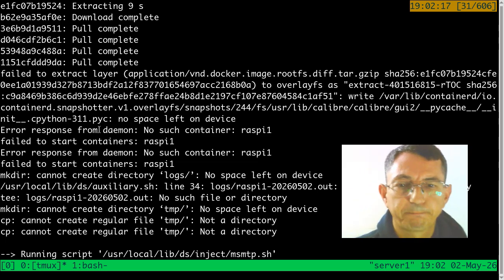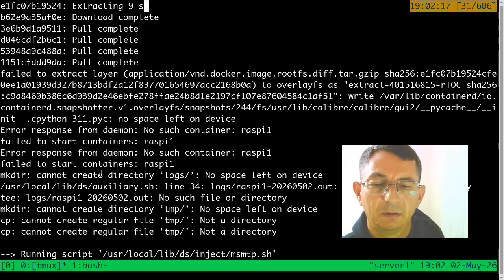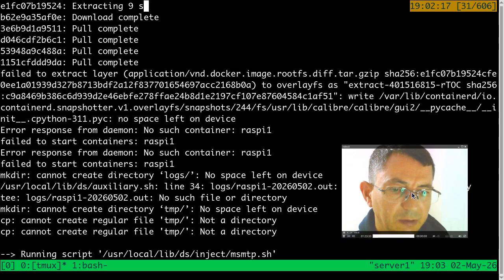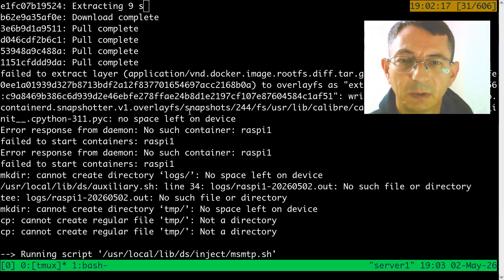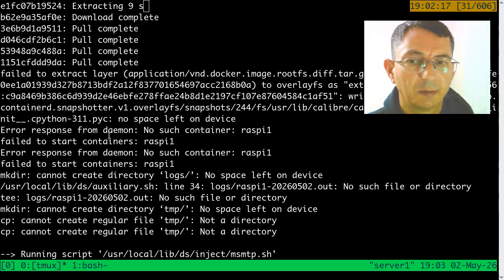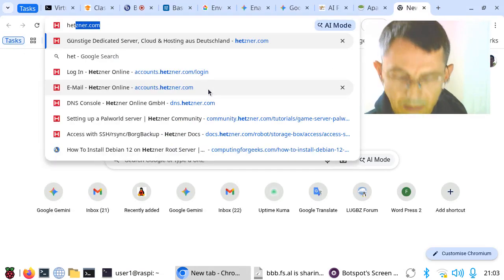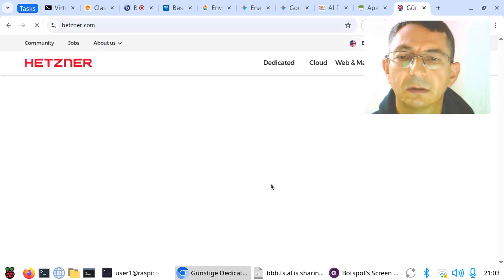Okay, in a bigger VPS, this should work, I think. But in our small VPS, we don't have enough space. We can increase the size of VPS on Hetzner. We can increase the amount of RAM from 4 gigabyte to 8 gigabyte RAM, and we can also increase the amount of the disk space. For example, if I go to hetzner.com,